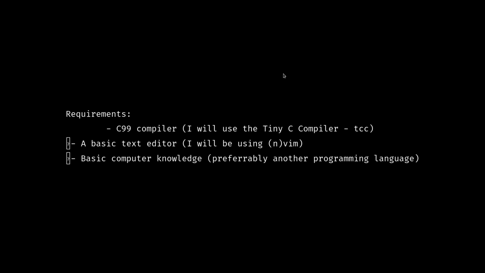And basically any compiler that's been made after like 2004 is going to support C99. There aren't that many extensions that we're going to need. In fact, there's probably going to be 0 that are absolutely mandatory. You're going to need a basic editor. I'm going to be using NeoVim, but there are plenty of good text editors out there. You can even follow along in Notepad if you want to, but Notepad++ is pretty good on Windows. I'm going to caution against using Visual Studio as it introduces certain ways of thinking that are not very good for C programming. And I should warn as well that you're going to need a basic computer knowledge and preferably